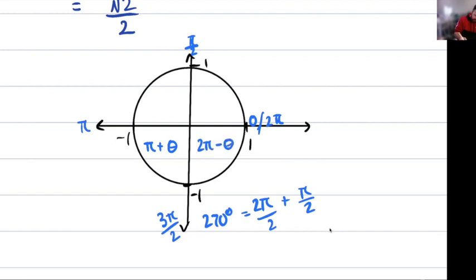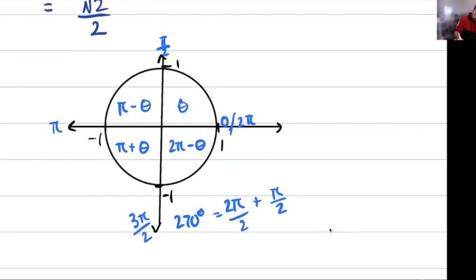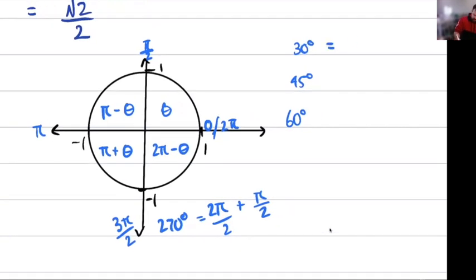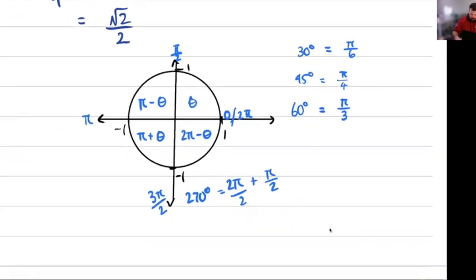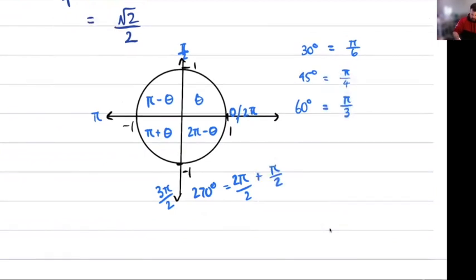Our fourth quadrant is just going to be 2 pi minus theta. First quadrant is going to stay theta, and this one is just going to be pi minus theta. So, keeping those things in check. So remember, we know that we've got 30 degrees, 45 degrees, 60 degrees. There are some of our main exact ratios. With 30 degrees, that is pi over 6, 45 was pi on 4, and 60 is pi on 3. So if we've got that, moving on, then